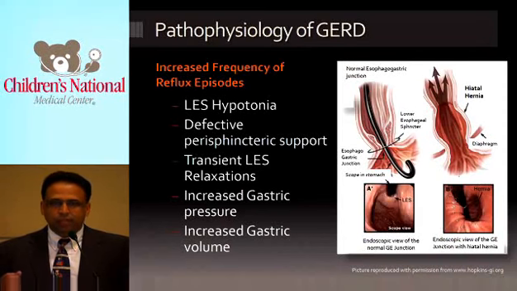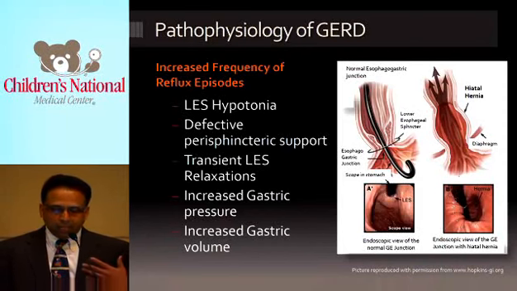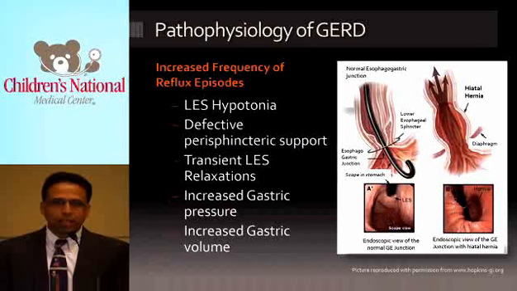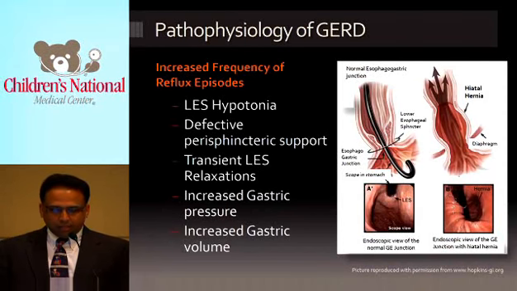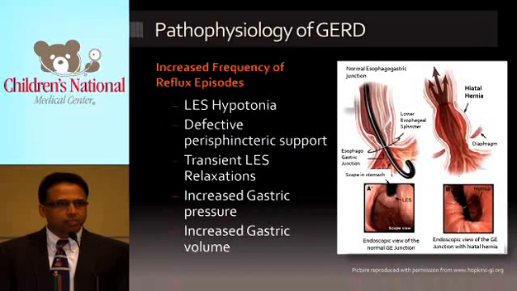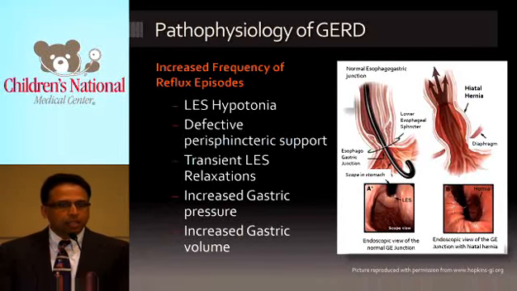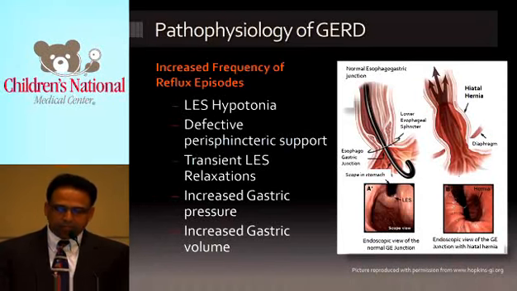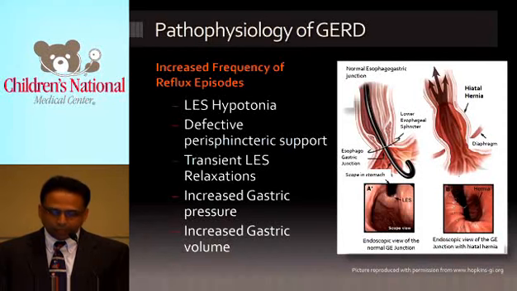So if there is increased frequency of reflux, why does that typically happen? It happens a lot in the newborn infants because the lower esophageal sphincter, or LES, is pretty loose. It's very hypotonic, similar to the rest of the muscles in the baby's body. So therefore you have a higher propensity for having reflux. Also, the other supports that are there to prevent reflux from happening are not as tight. So for example, there's this angle that's called angle of His, which is the angle between the esophagus and the stomach. That's because of the anatomic nature of a newborn infant is not as acute, and therefore it's easy for the newborn baby to reflux.